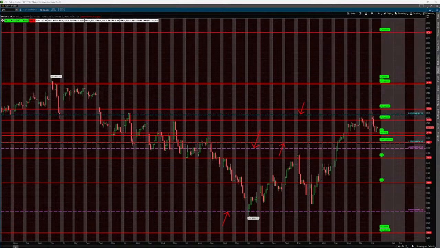There are also some key Spotgamma levels on this chart. These are proprietary levels from Spotgamma. I'll go over the key daily levels. First of all, there's the 4,300 put wall. That's the strike with the largest net negative gamma that can be expected to act as support. And then the next level up is the 4495